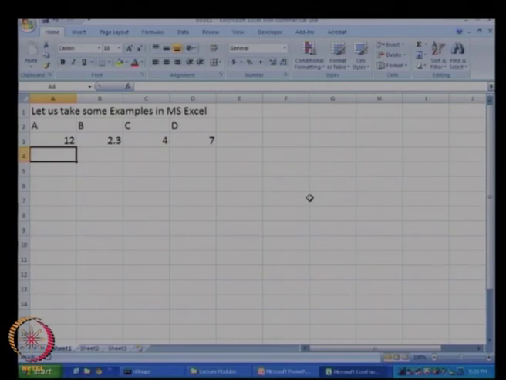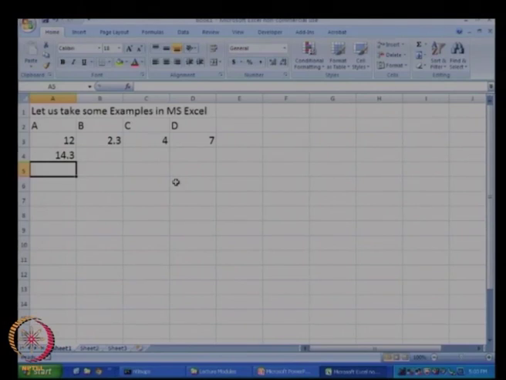To start entering the formula, I first need to type the equal sign. Once I type the equal sign, it is ready to take the formula. What I can do is take my mouse and move to the cell that I want, and this is going to be the value of the variable A plus B, and I can press enter. And I have added those 2 numbers.